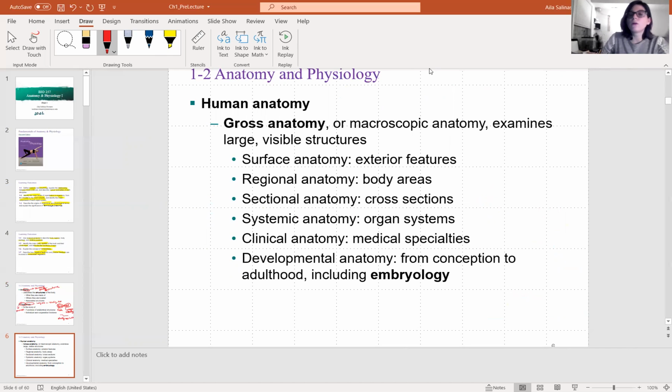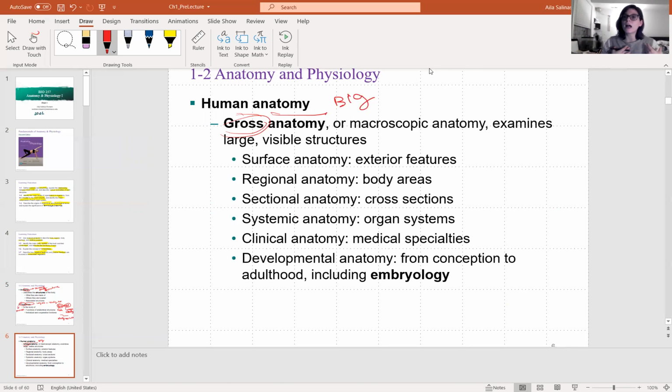In this course, we will focus in human anatomy. All of you guys, or majority, might be taking this course for health careers. So the main point is to know the human body. And we will start with gross anatomy. Gross, from the Latin big. So gross anatomy studies structures that don't need a microscope, that are big enough to be seen with your bare eyes. So this type of anatomy is gonna analyze or study the surface, the exterior features of the determined part,